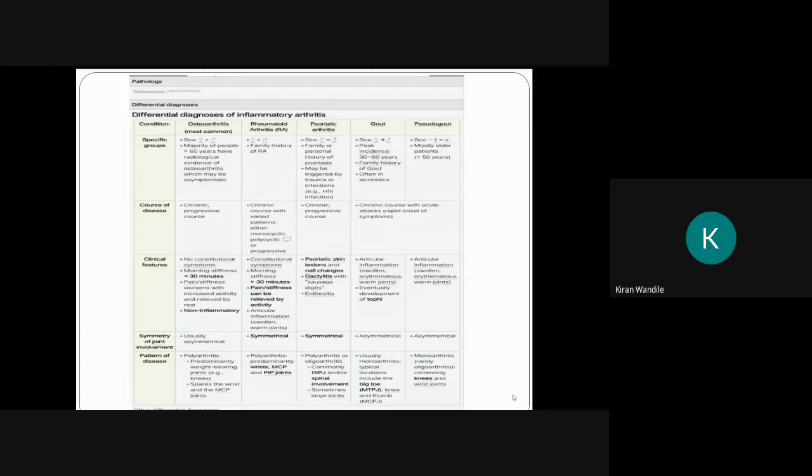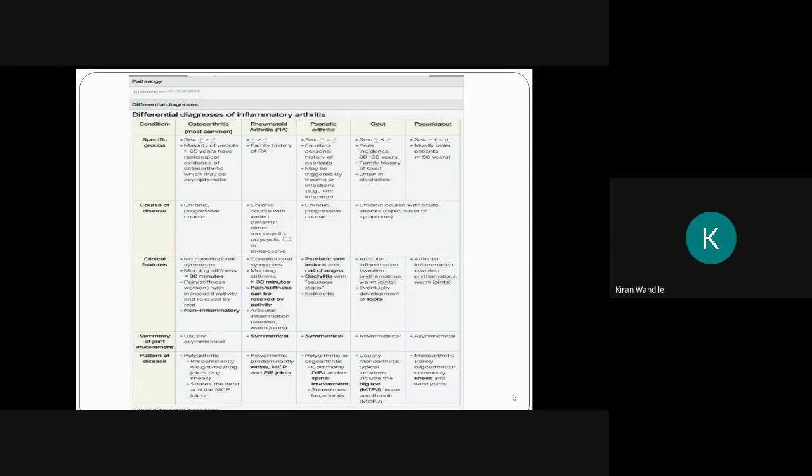While rheumatoid arthritis is uncommon in large joints like hip and knee. The primary affection is in the hand and feet joints. Then there can be psoriatic arthritis. So you have to differentiate psoriatic arthritis again, distal interphalangeal, and spine involvement is common in psoriatic arthritis. So you should also remember this point. Spinal involvement is common in psoriatic arthritis.